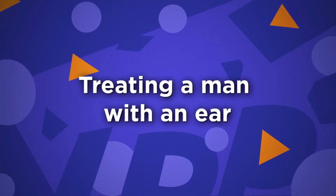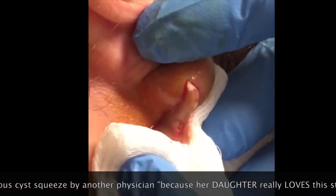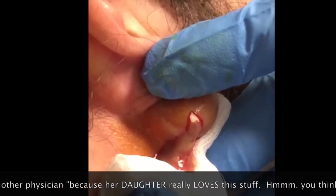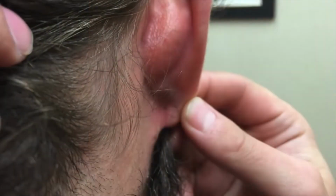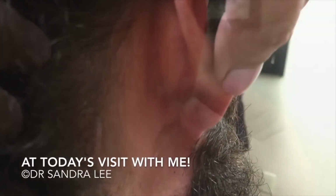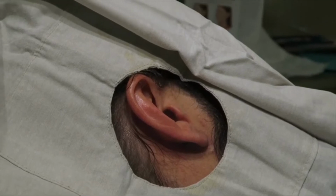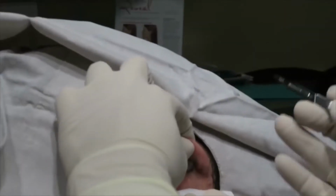Number 2. Treating a man with an ear cyst that spurted out a thick white substance. Dr. Sandra Lee published a gruesome video on Tuesday that demonstrated how much liquid a cyst can retain, even if it appears small. Dr. Lee cuts open a man's earlobe area where he had a cyst in the video. Blood came out of the incision at first, then a clear liquid gushed forth. Dr. Lee crushed and compressed the cyst even harder, producing more blood and a thick white substance that was most